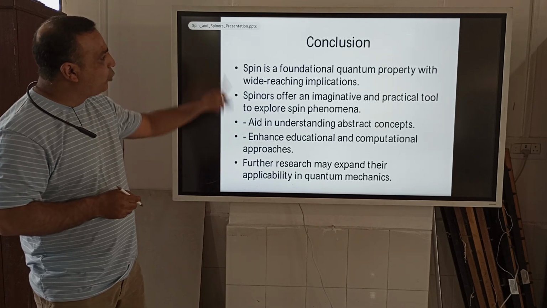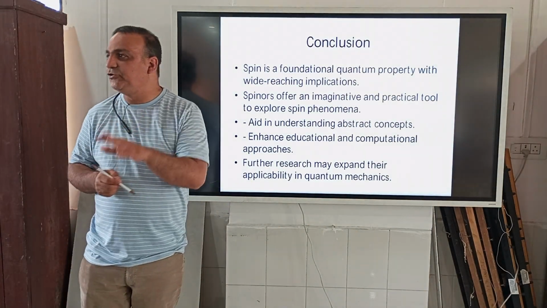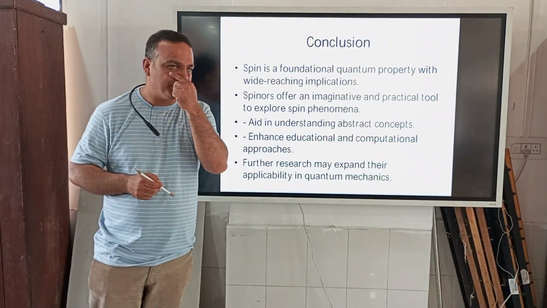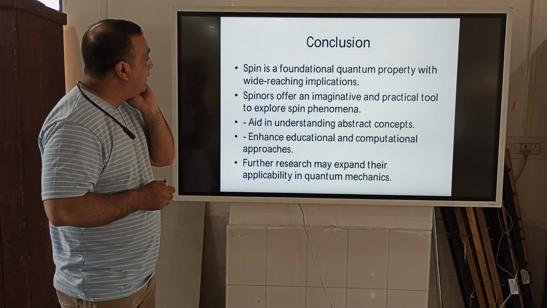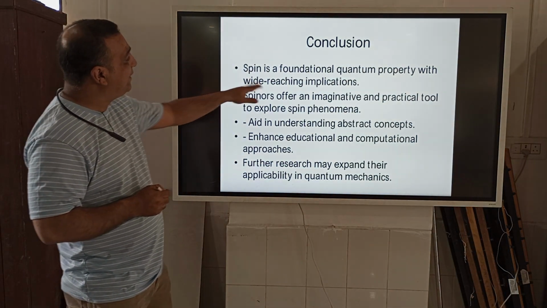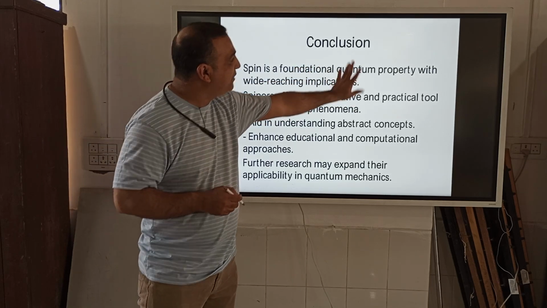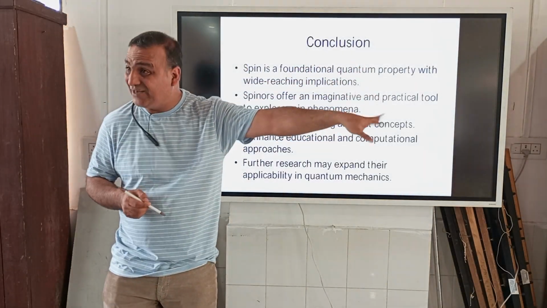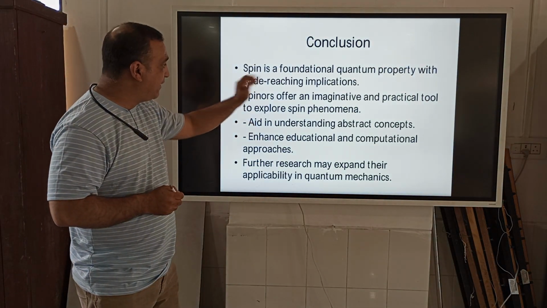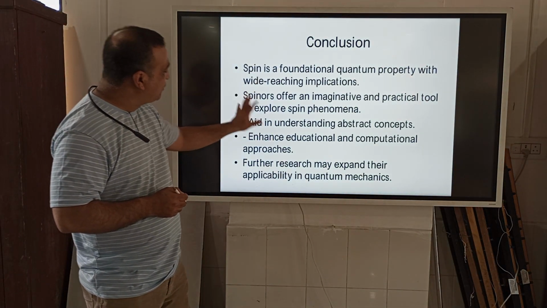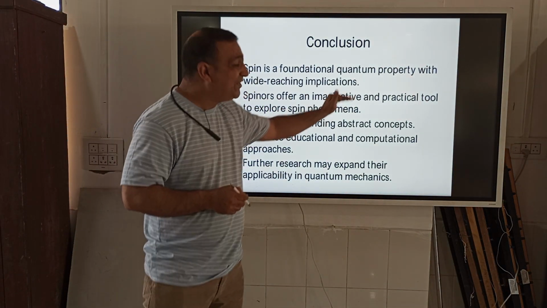So, to conclude this introduction, I was just introducing you to spinors and the Pauli spin matrices, and this is the conclusion. Spin is a foundational quantum property. It's a quantum mechanical property at the microscopic level, and it has a very wide range of implications. Spinors offer an imaginative